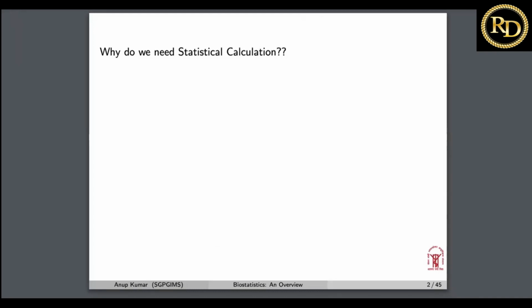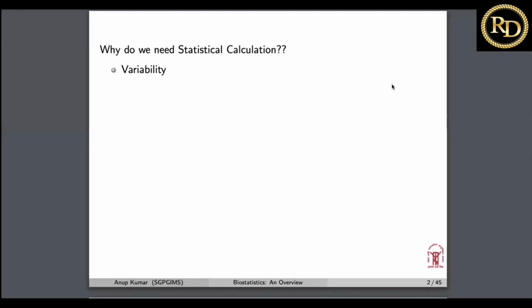Okay, so easy interpretation. I am getting lots of input from my participants. But let me tell you that these are the consequences of statistical calculation. All these which are being written are the consequences of statistical calculation. This is not why we do statistical calculation. We do statistical calculation because of this term: because we have variability.